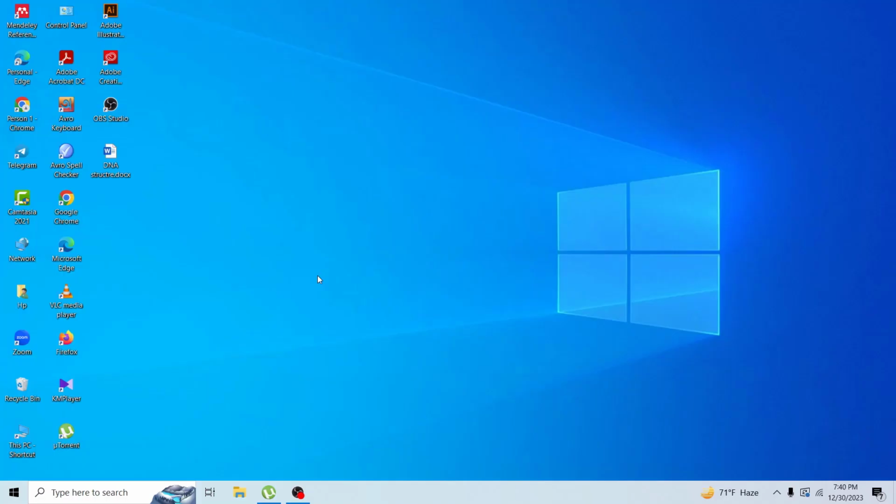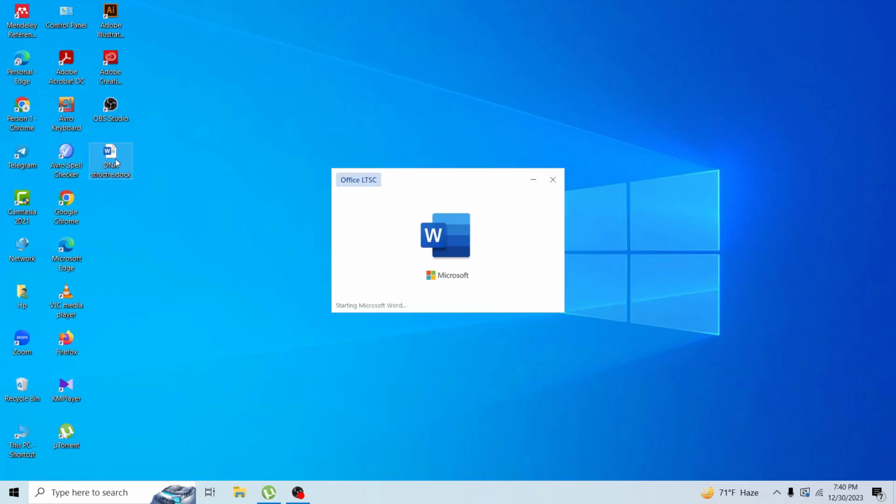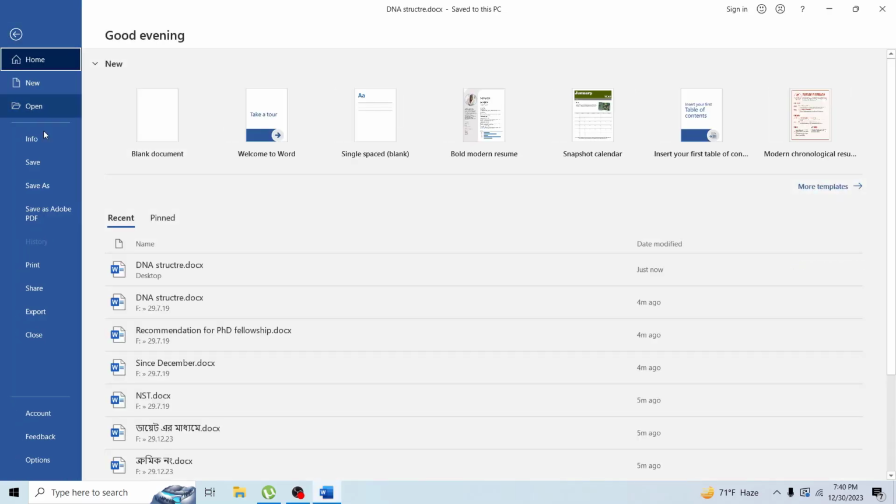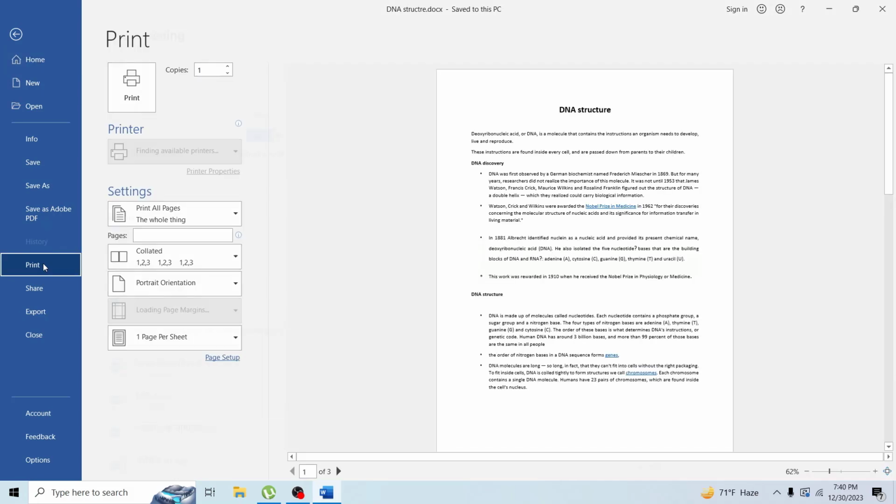Today I will show you how to convert a Word file to a PDF file. To convert to a PDF file, first open any Word file, then go to File, then go to Print,